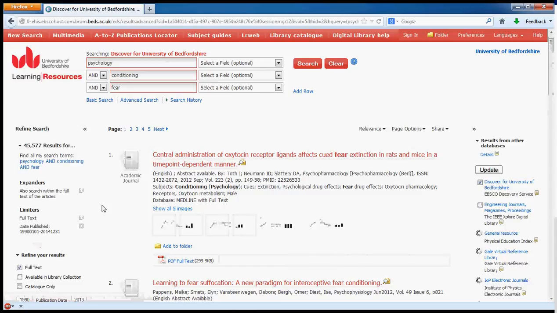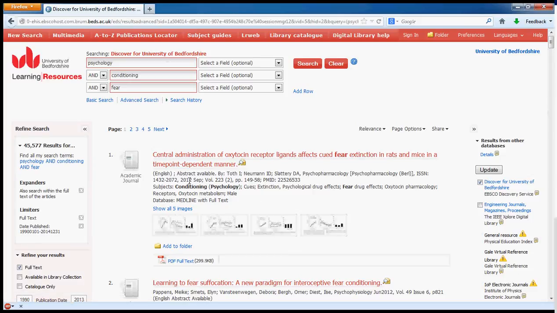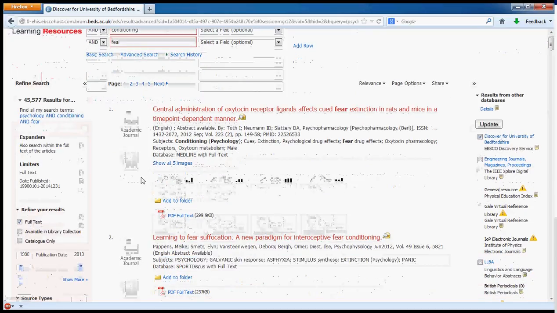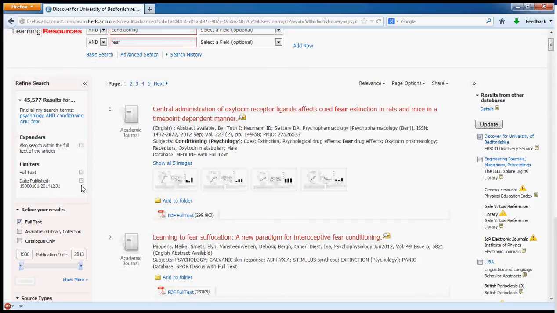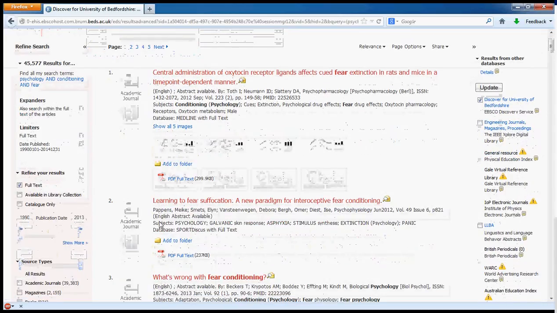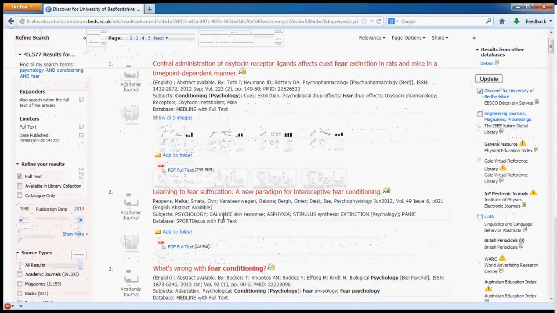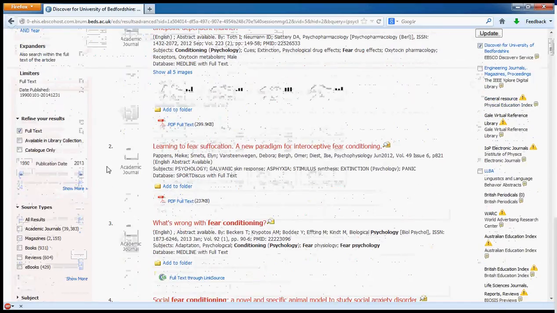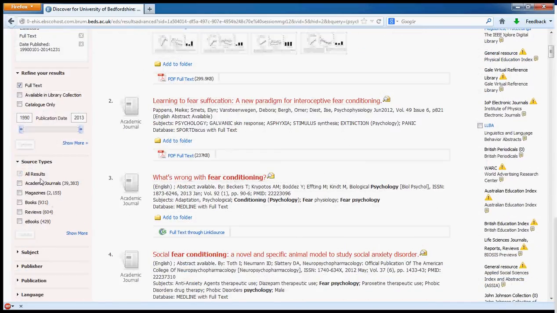Okay, so what we've now been given is the same result again. So Discover seems to think this is the most relevant result to our search terms that we've popped in up here, which is absolutely fine. But this next one's changed, so that might be a slightly different article that might be interesting and worth looking at. And as we scroll down on the left hand side here, we can see there's different limiters that